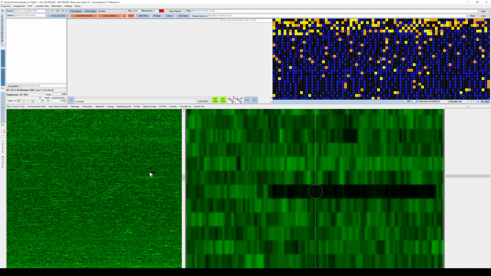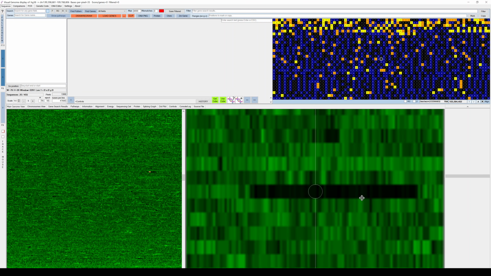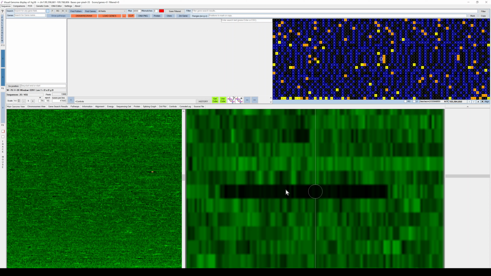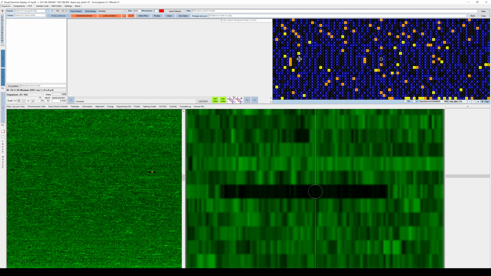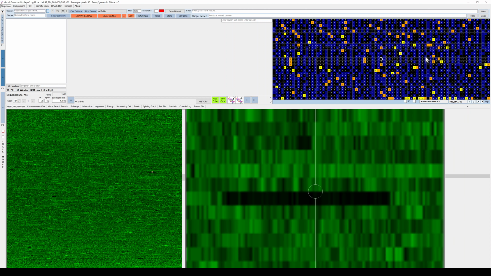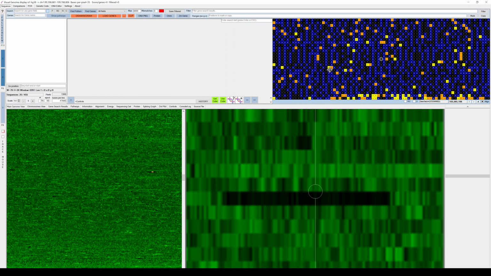When we go to an area of the genome that is quite dark, it means there are a lot of A's and T's as opposed to G's and C's. So for example, if I double click here, on the right you can see it's quite dark, but there are still dark green lines. And then in a zoomed DNA view, you could see that it's mostly made up of A's and T's with a few G's and C's between it. So far we've just looked at the GC structure of the genome.